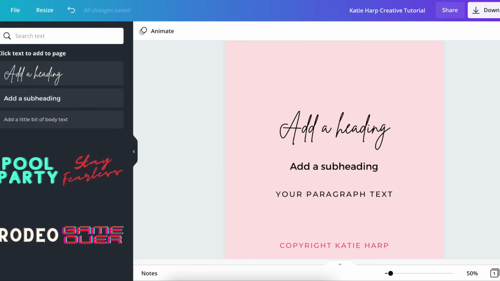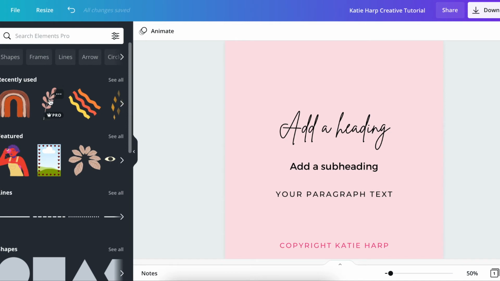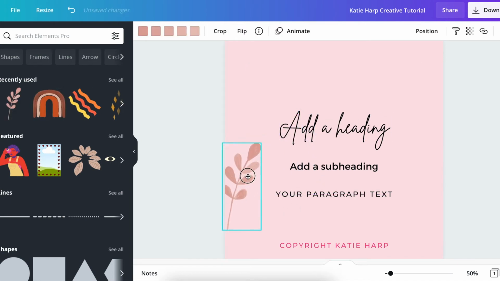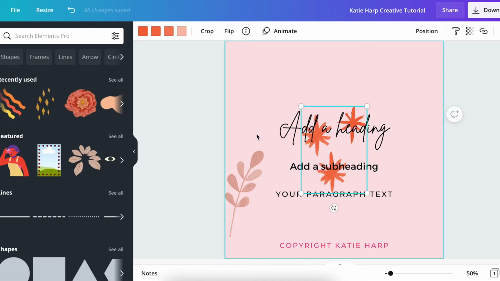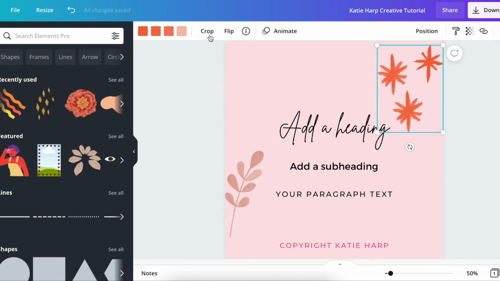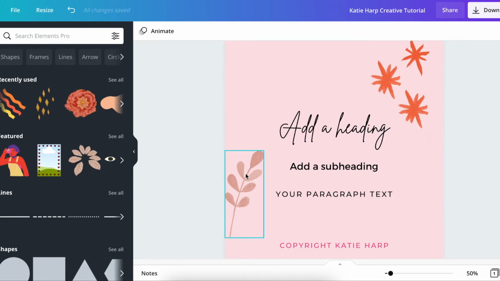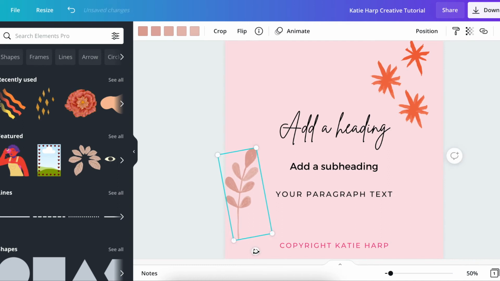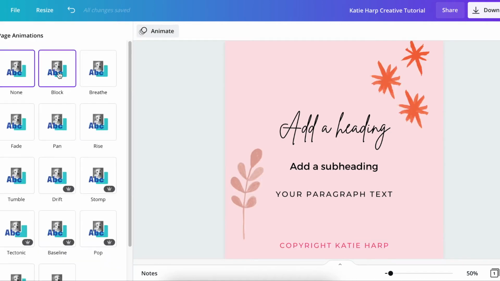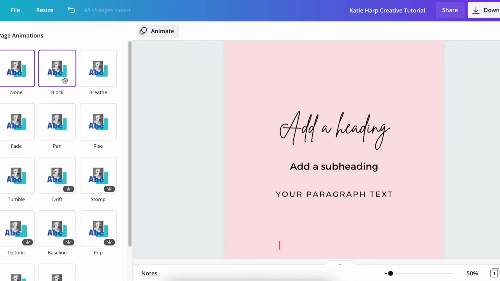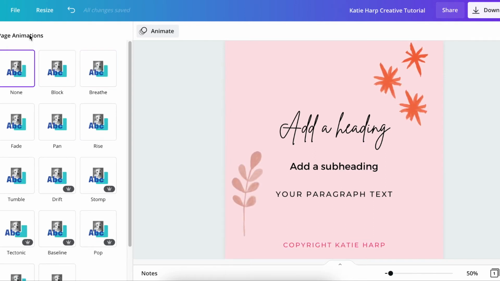And to get a better example of that, I'll go into Elements and add some kind of element. Just add a couple of these. Just move those around a little bit, even though they're different colors, just add those as an example. Okay, so then I'm clicking off screen and then clicking animate. Okay, now you can see all these elements I've added separately get animated when you do the page animation,